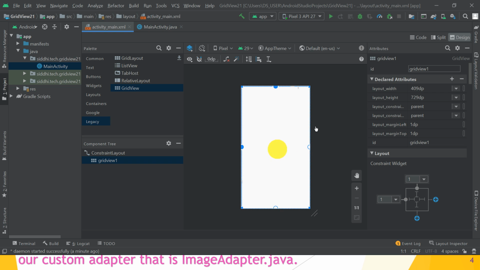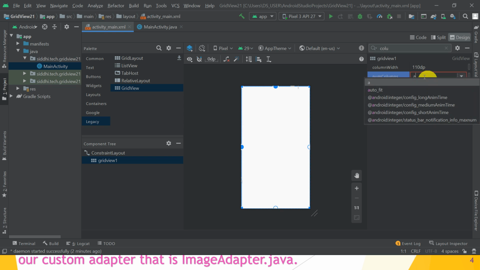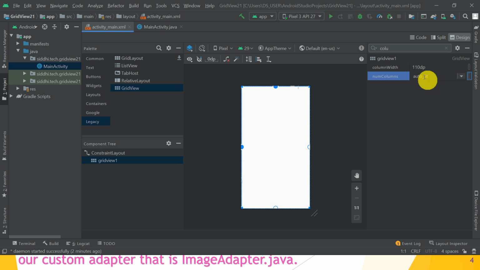First attribute, that is columnWidth. So this is the columnWidth attribute. I have set columnWidth to 110 dp. Next attribute is numColumns. I have chosen auto fit for number of columns.